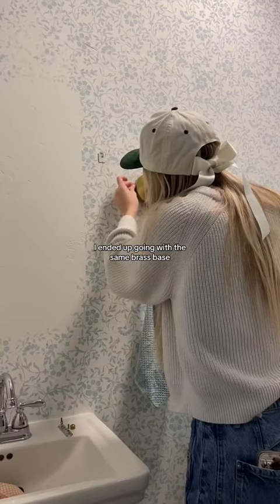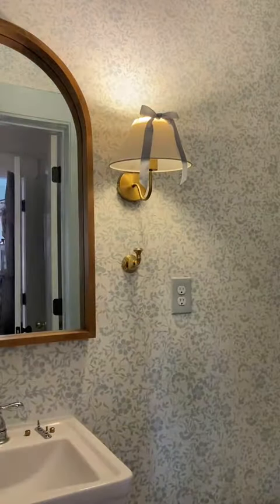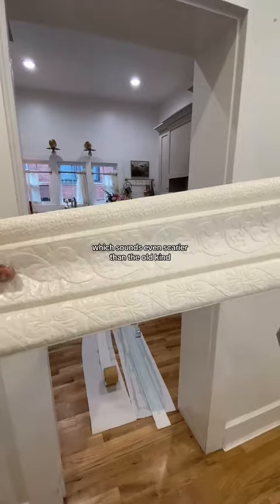I ended up going with the same brass base, but I added a new lampshade. And I don't know where all the old lampshade lovers were when I was being obliterated, but I hope this one brings us together. Finally, it was back to molding, and I am trying a styrofoam molding, which sounds even